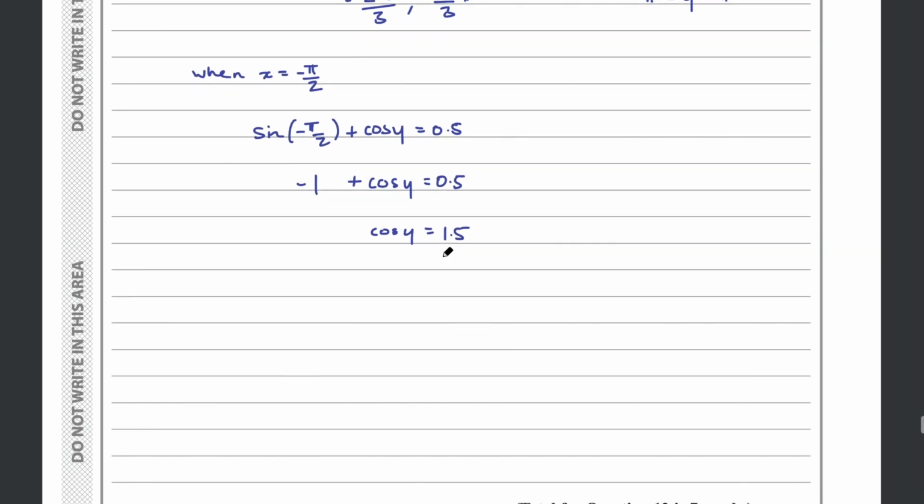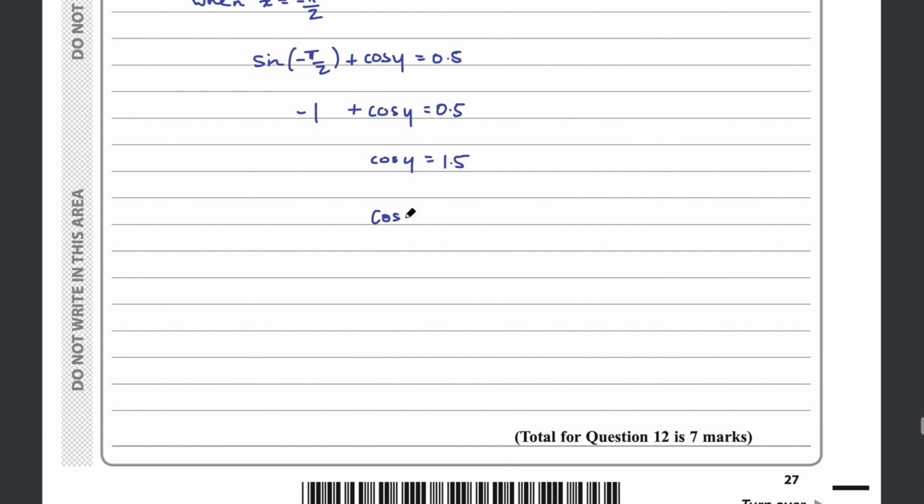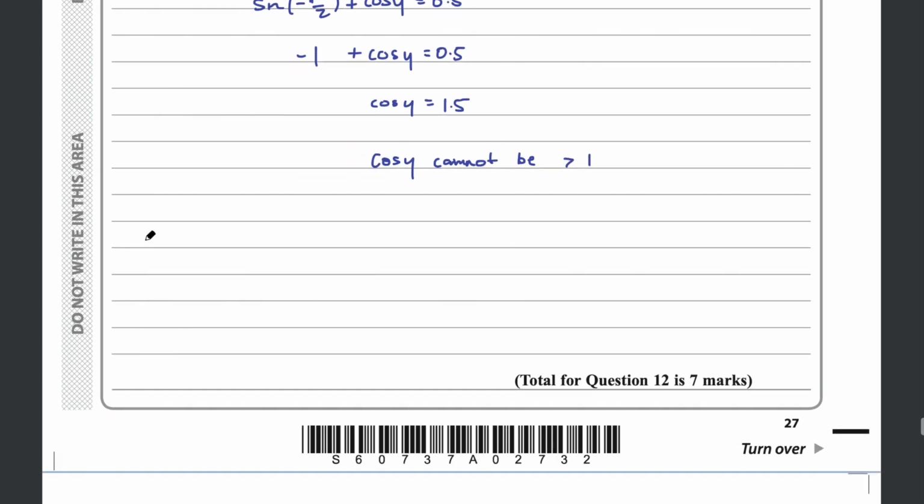But that's not possible. The cosine function can't be greater than 1. And you know that if you've ever looked at the graph of this function, the maximum and the minimum values are 1 and negative 1. So this solution is not possible. So we could say cosine of y cannot be greater than 1. So therefore,